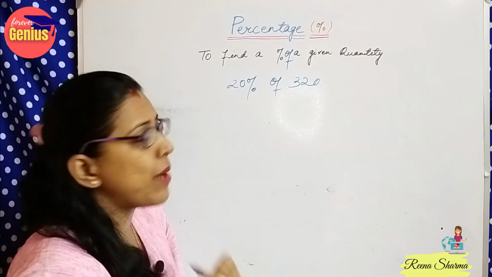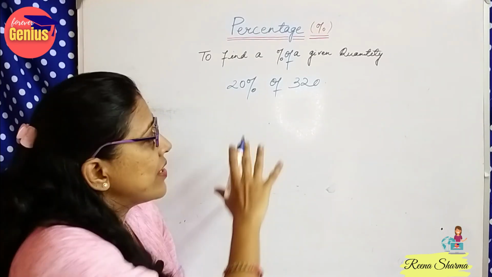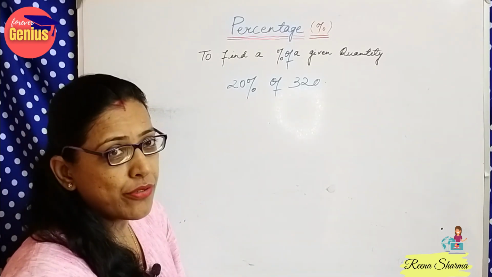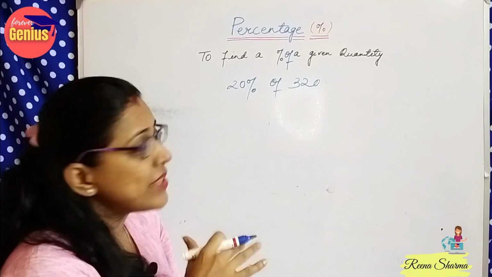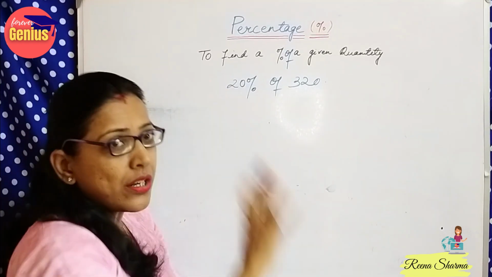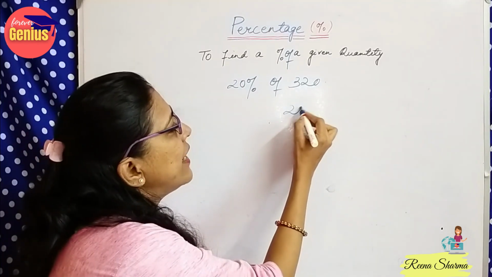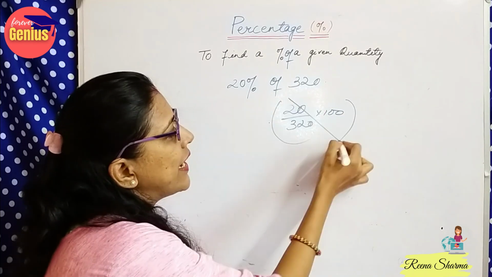But today we are practicing it again and we will see how these questions are given in the form of story sums or in statement form. So how are we supposed to do them? We often get confused. A lot of the time, what do students do? They divide 20 by 320 into 100, which is totally incorrect.